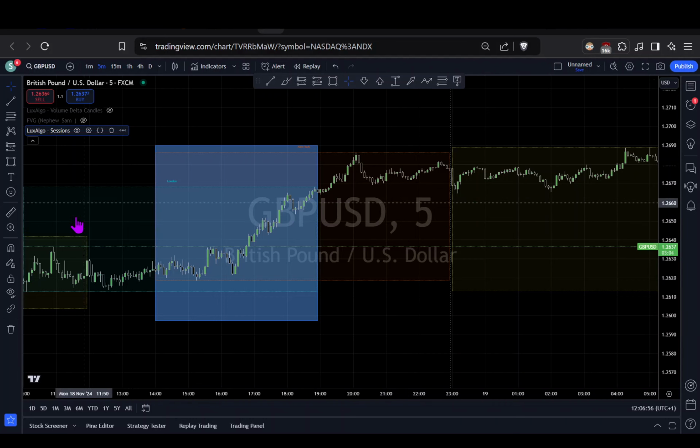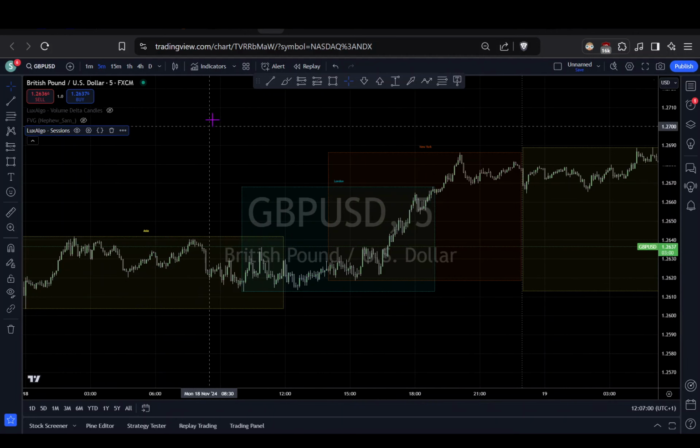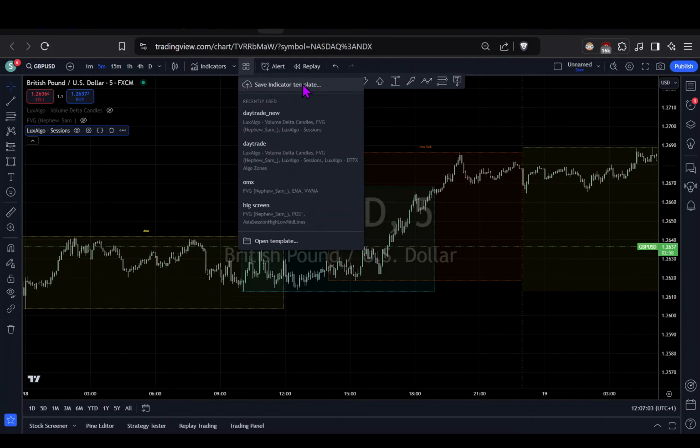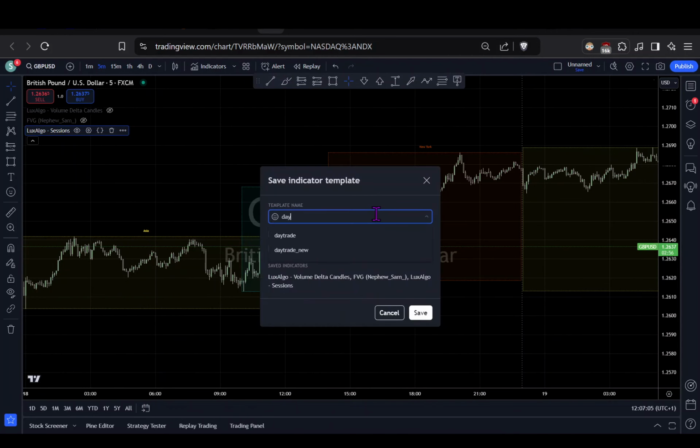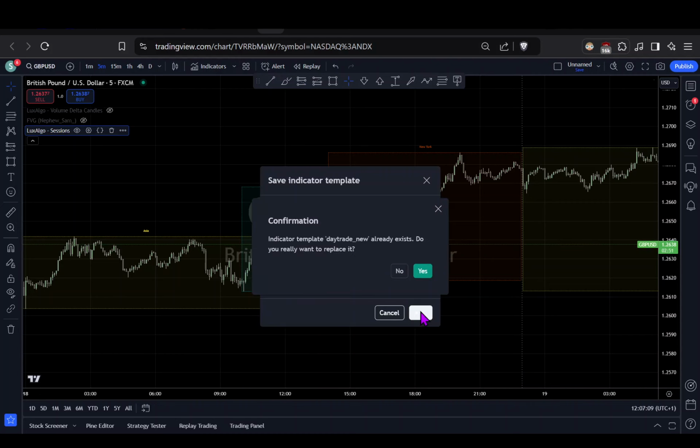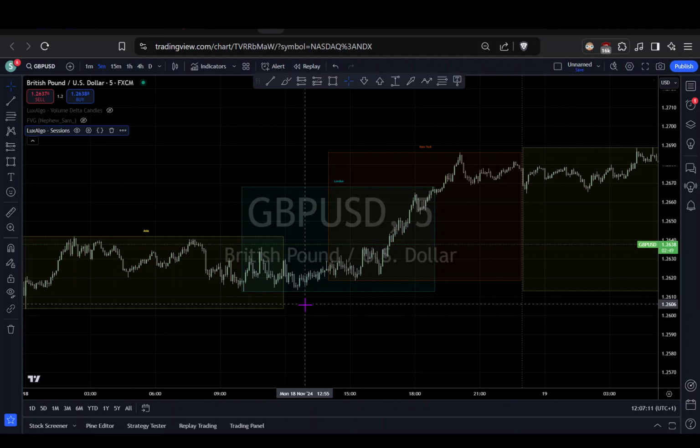So let's clear the chart. Okay, we can just save this. I changed the color, so I made a new one, because sometimes you want to change the colors. So next thing,